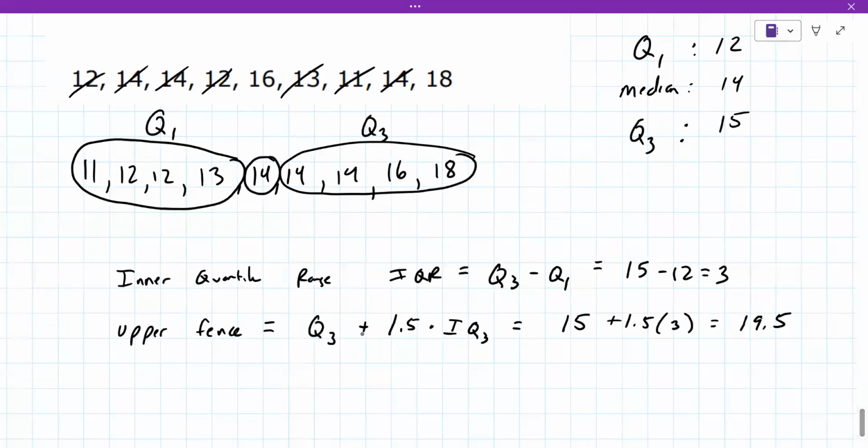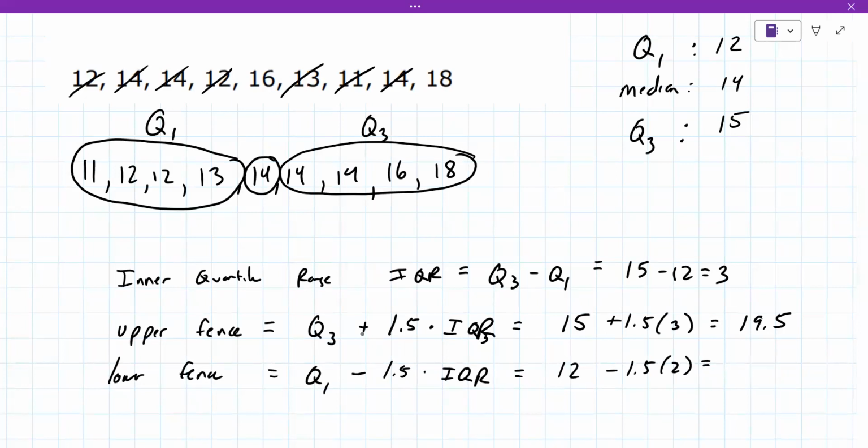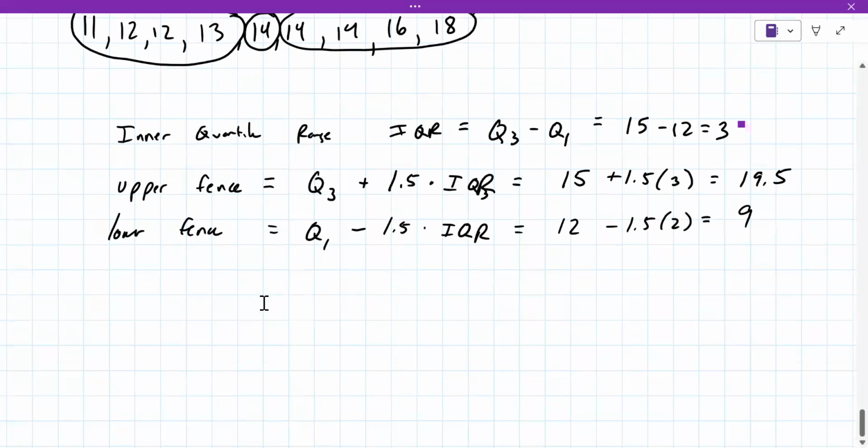No. Okay. There's also this thing called a lower fence. Lower fence is Q1 minus 1.5 times IQR. So that's 12 minus 1.5 times 3. That's 9. Okay. So now the reason you have this upper fence and lower fence, I'm going to grab the